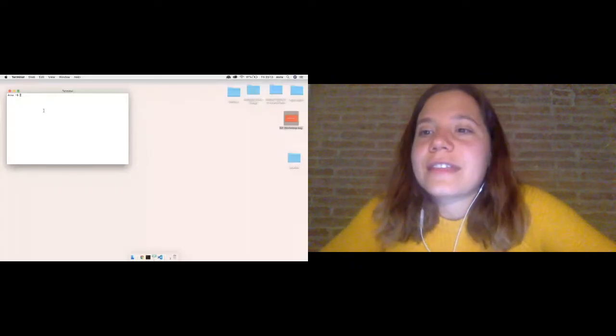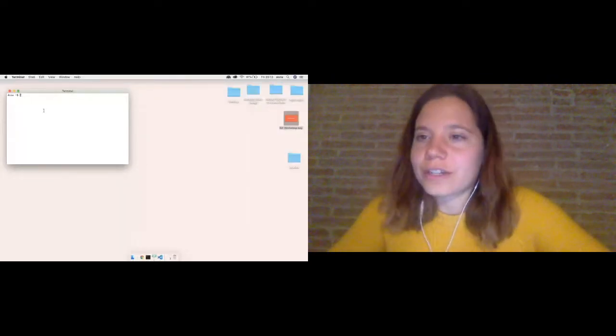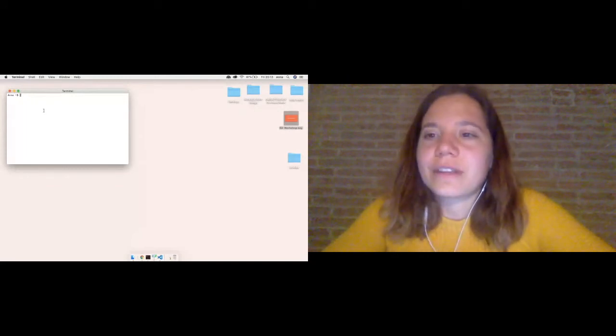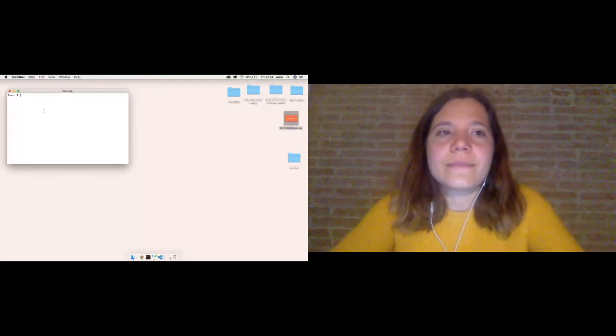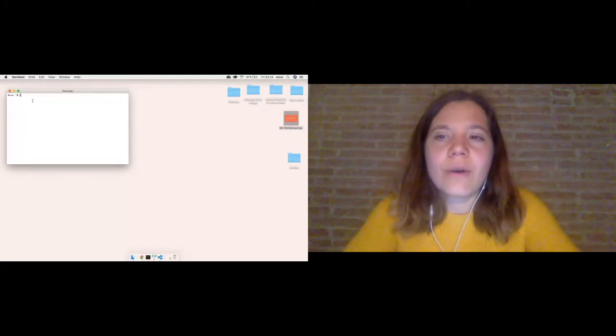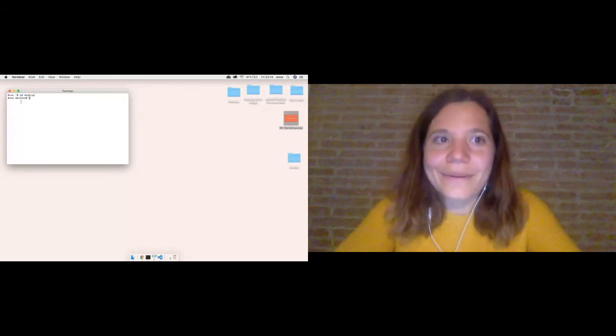The very first thing that we need, if we're going to start using Git, is to actually have a project. So the first thing that we're going to do is make a project folder. In order to do that, in my terminal, I'm going to go onto my desktop. I'm going to use the command cd and then type in desktop. CD stands for change directory. So we're going into the desktop directory. And we can see now that we're in that directory.